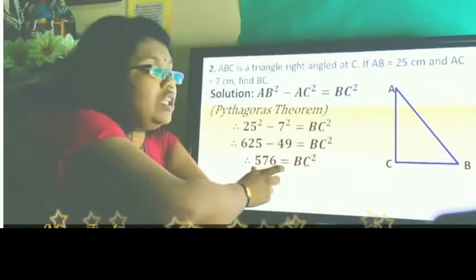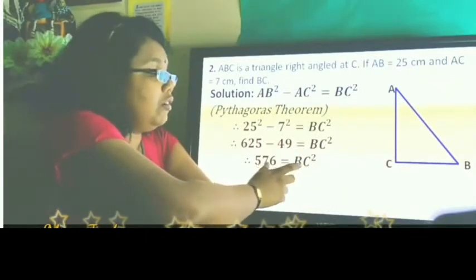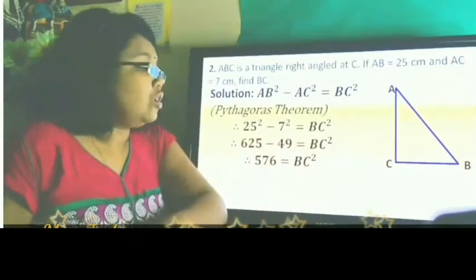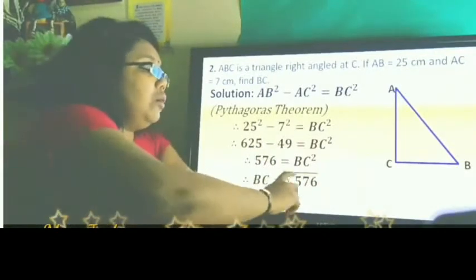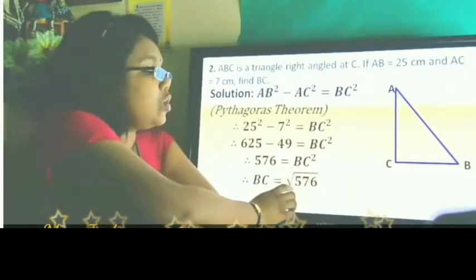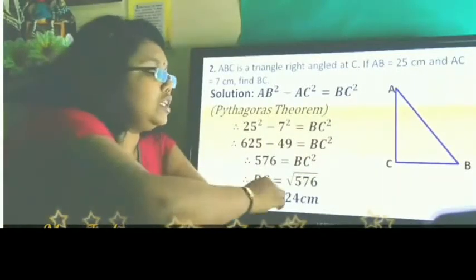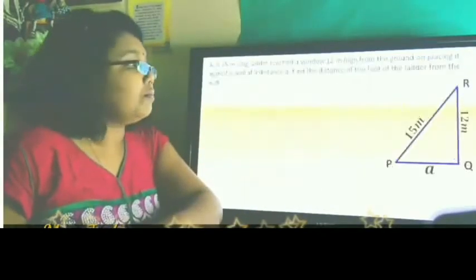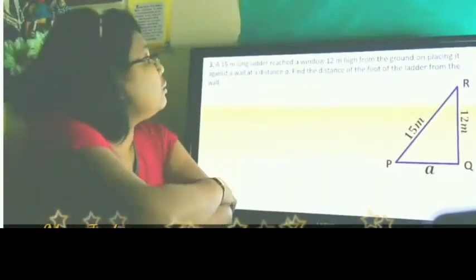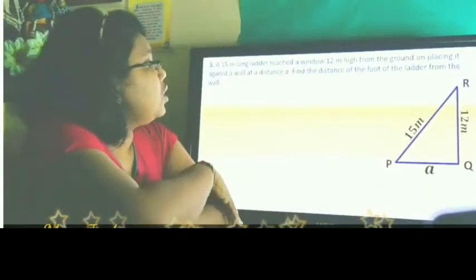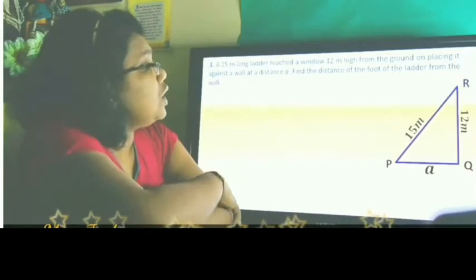We are asked BC, not BC square. So what we do is find the square root of this number, 576. The square root of 576 is 24. So BC is 24 centimeter long. Now question number 3. A 15-meter long ladder reached a window 12 meter high from the ground on placing it